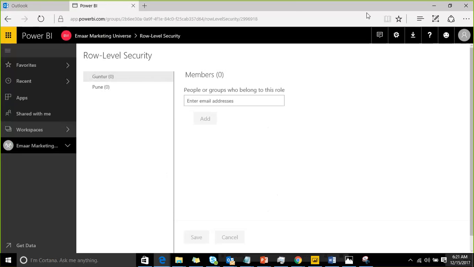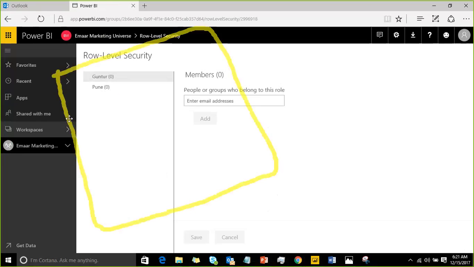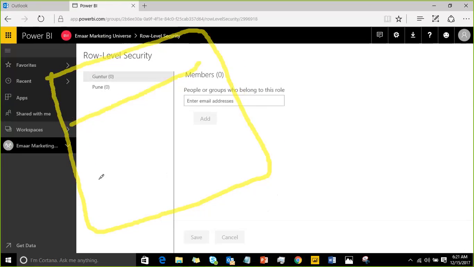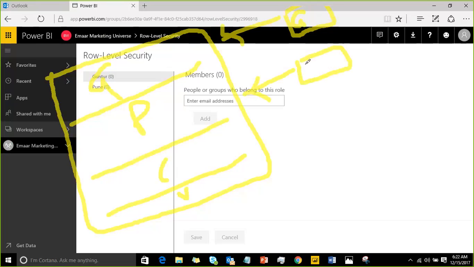For now, you have a dataset which represents different sets of information for different cities: Guntur, Pune, Coimbatore, Vellore and all. What you create is a role for Guntur, which is just to showcase the Guntur data. You can consider it a view. To understand Pune, you create another view. So far you created and published. What you need to do now is add the user to that Guntur role.